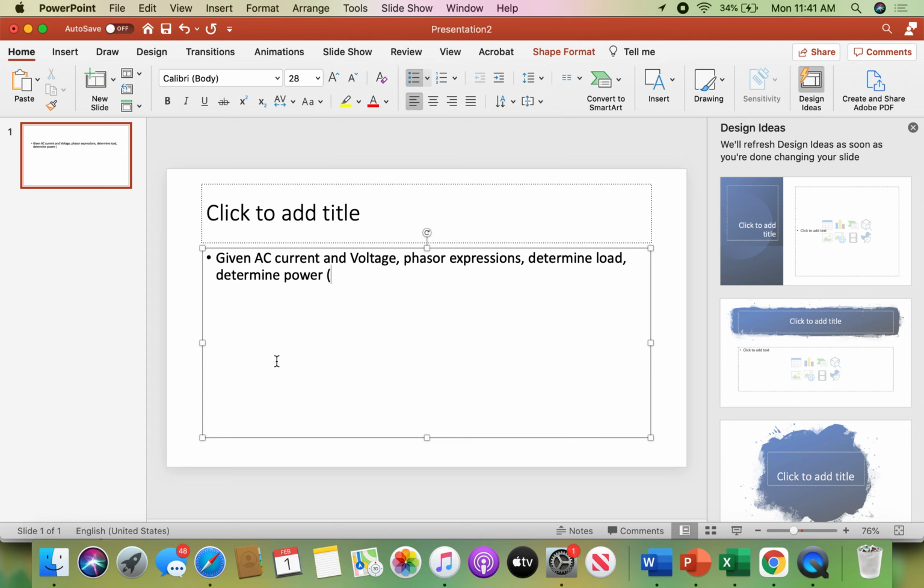And if you recall, there's average, reactive, complex, apparent. There's power factor, power factor angle,